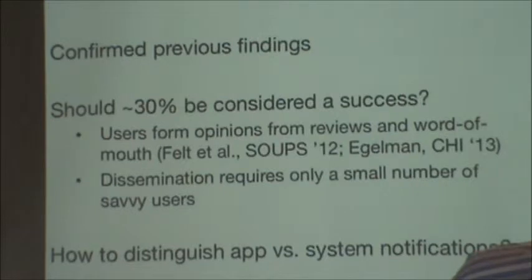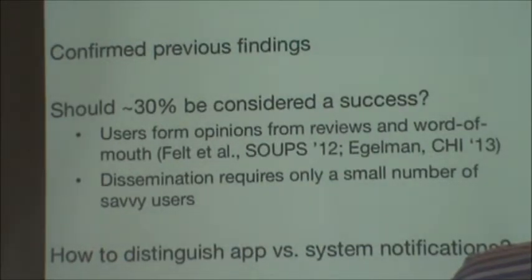The other thing is, from previous work that we've done, we observed that a lot of users infer the abilities from reviews, especially misbehaviors. So rather than first-hand accounts, they'll read reviews to read up on what experts think could be improved upon in the app, and that guides them in terms of what to install, which indicates that simply having a small number of savvy users who are aware of these features, they're eventually going to get disseminated into the average user. A good example of that is privacy policies, for instance.